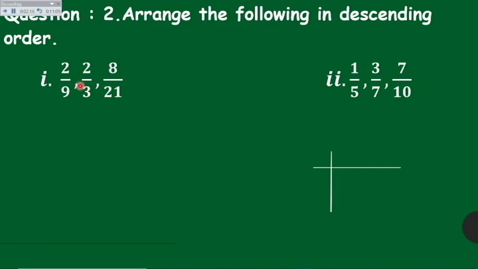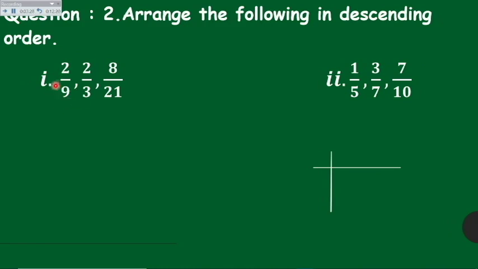But are you sure that this is greater? First, second, third, are you sure about it? Maybe not. Here you made a guess and you are not sure of your answer. You cannot say whether your answer is correct or not. But if the denominators of all the fractions are the same, then can you analyze it? Yes or no? Yes, you can analyze it very easily because all parts are the same.